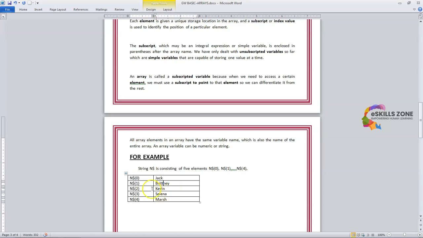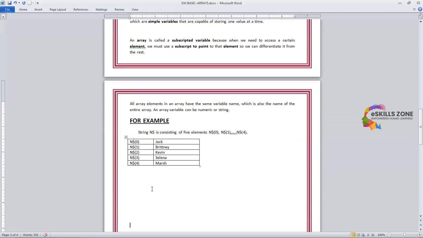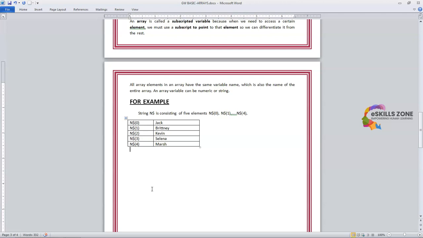There is no gap between them, because we have discussed that an array is a collection of variables of the same data type at consecutive memory locations. So all these data will be stored at consecutive memory locations, so there will be no gap or distance between these memory locations. We'll explain this: 0, 1, 2 up to 4 are the subscripts